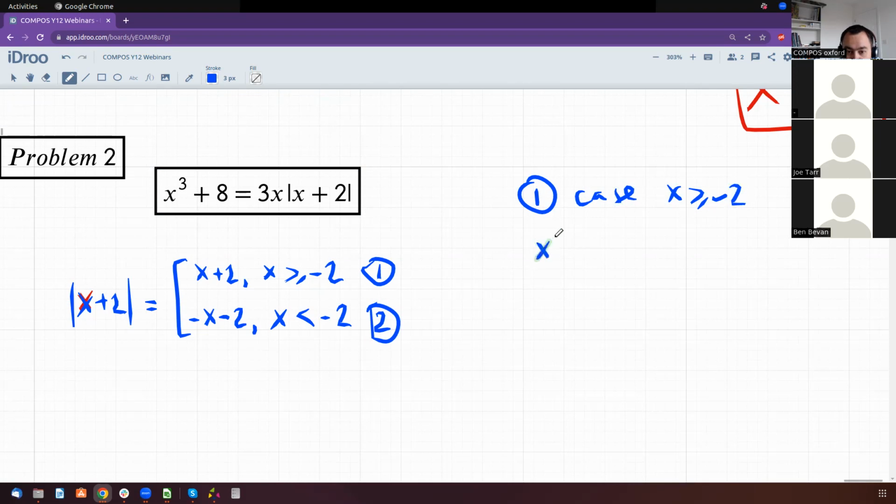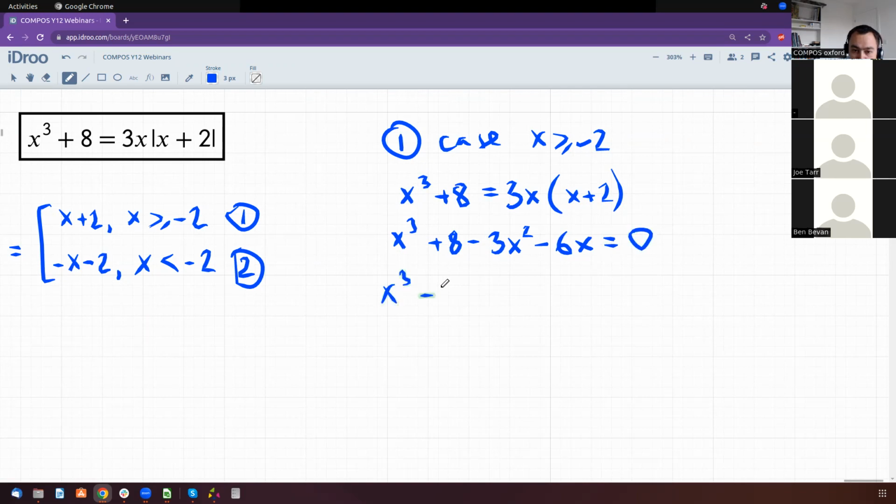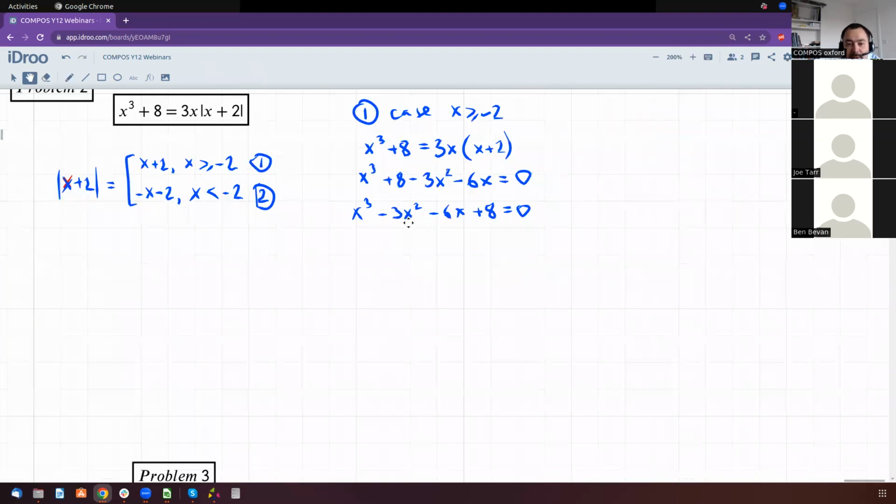We solve the equation x cubed plus 8 equals 3x(x plus 2), and this becomes a cubic equation: x cubed plus 8 minus 3x squared minus 6x equals 0, so x cubed minus 3x squared minus 6x plus 8 equals 0. If the equation has integer roots, they are